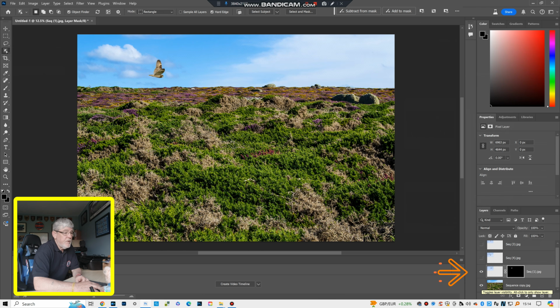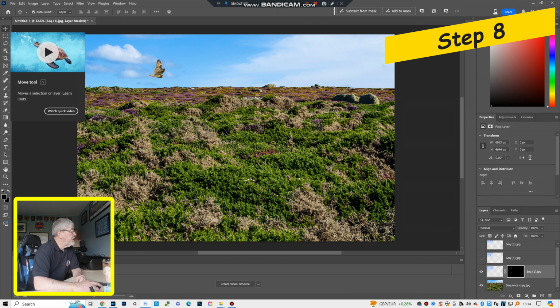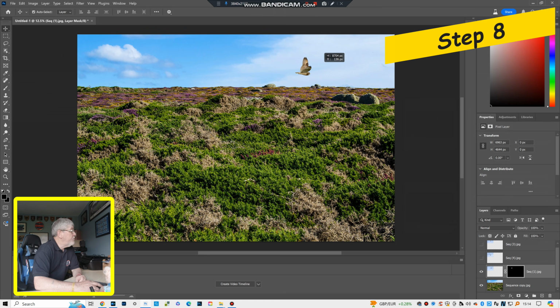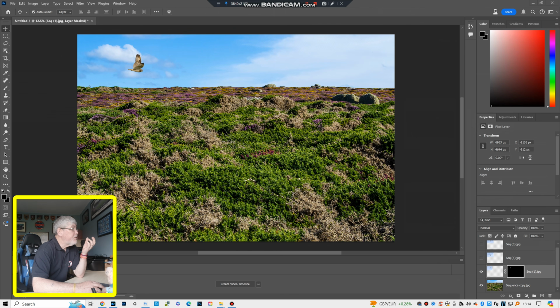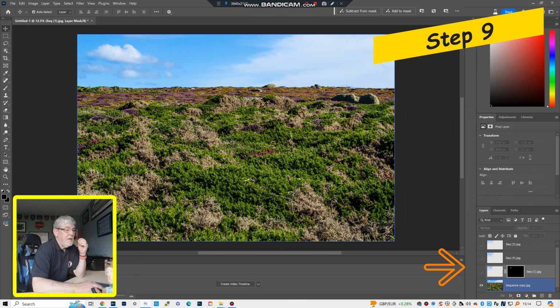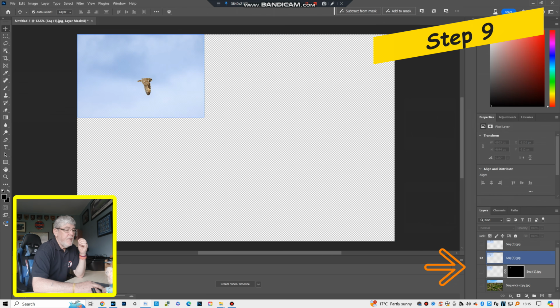If we then reveal the background, we'll see that the bird is now sitting in the frame where we want it to be. So what we could do now is just hit the move tool, and then we can move the bird anywhere we want in the frame. So we'll leave it there. Once we've moved the bird to where we want it, the next thing we then need to do is work on the next image. So if we hide the previous image in the background, highlight the image that we want,